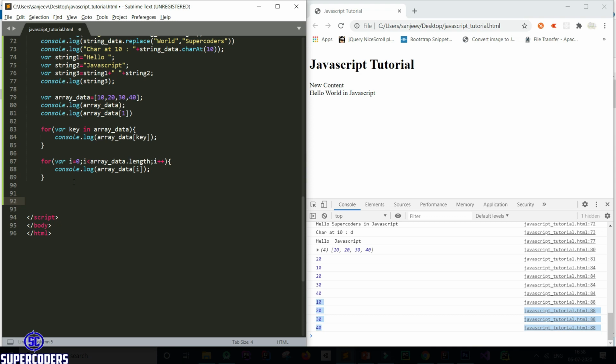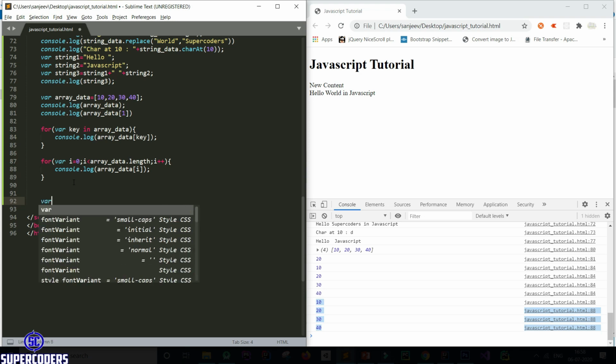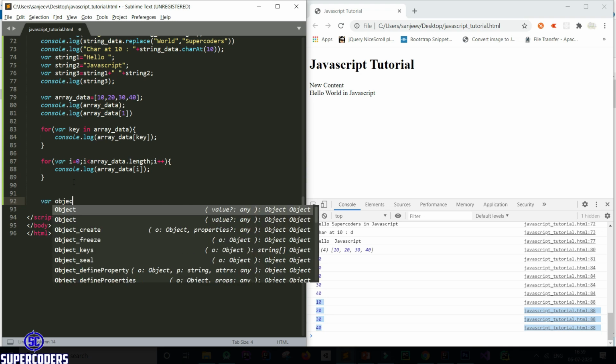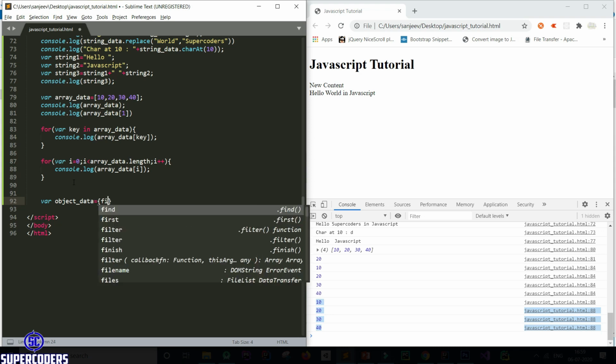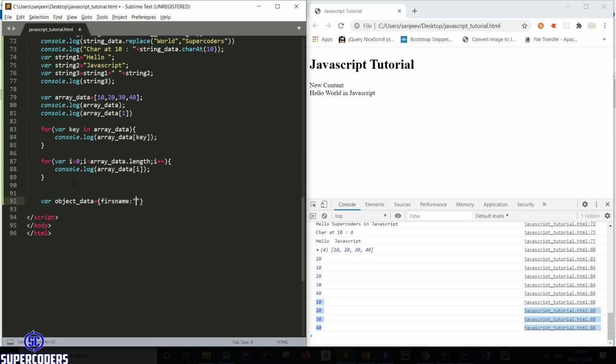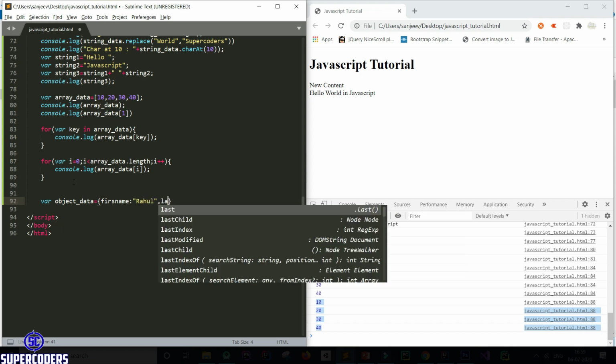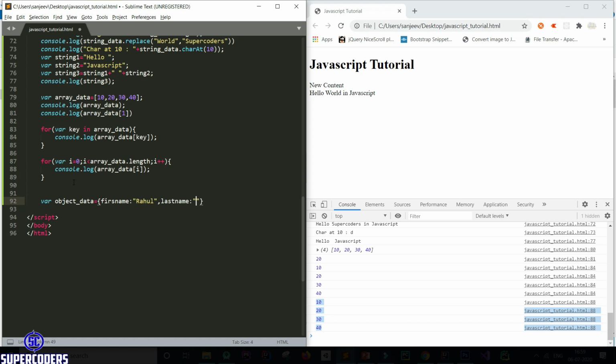Now let's create an object. So how can you create an object in JavaScript? Generally, an object is just a variable with key and value pairs. So let's create an object where object data equals, we are adding first name Rahul, last name Roy.